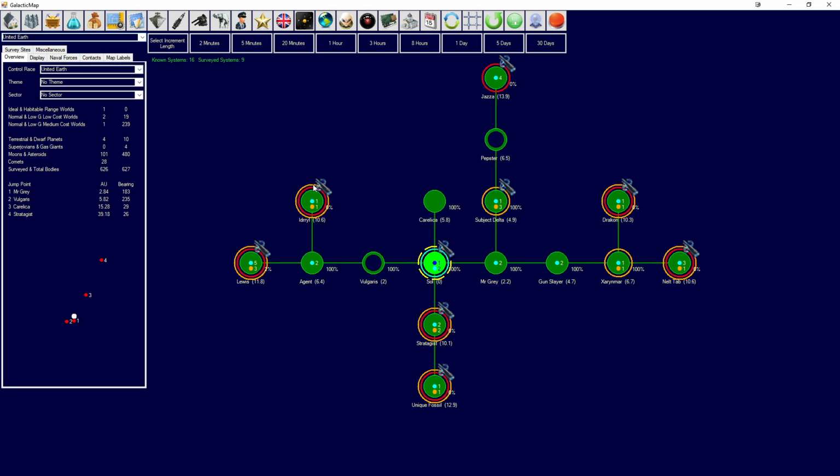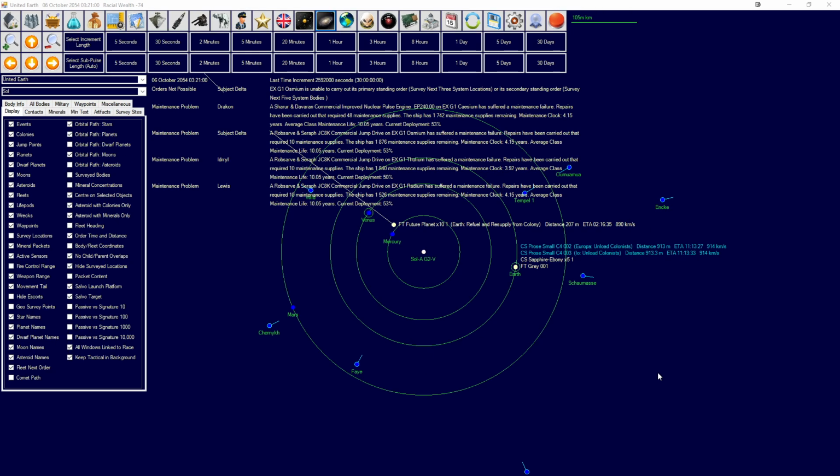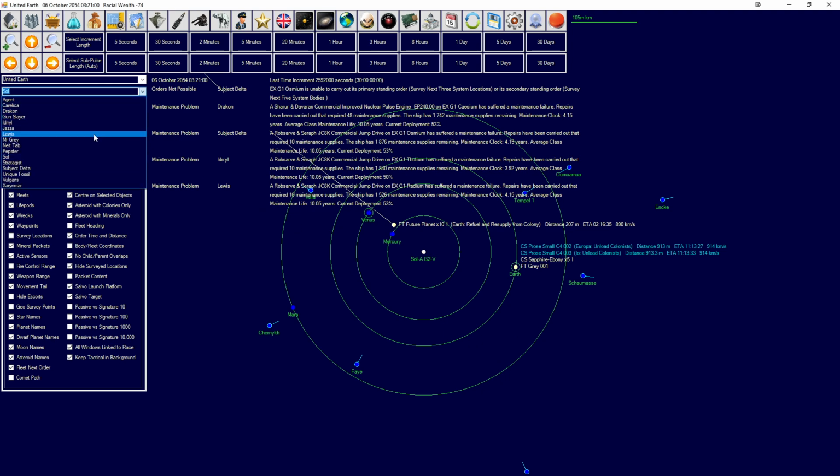We have 1, 2, 3, 4, 5, 6, 7, 8, 9, 10, 11, 12, 13, 14, 15 systems we've actually surveyed in only the last, really, like 4 years? So, pretty fast. However, Lewis, which has been a bit of an issue,